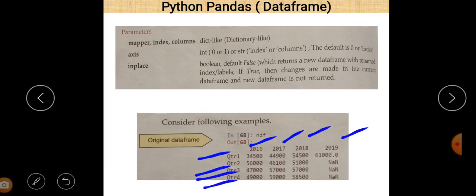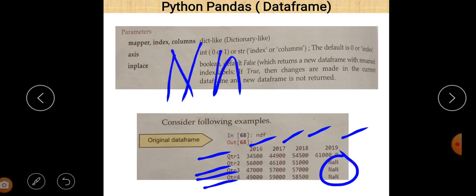These are the 4 rows in it. There is certain data like 34,500, 56,000, 47,000, 49,000. And you can see that some data is represented by NaN. What is the meaning of NaN? As I told you in the last lecture, it means not a number. It means there is no number at that position or location.